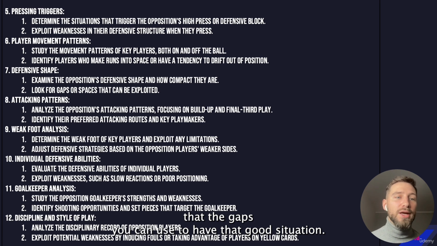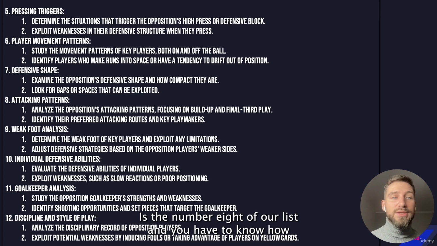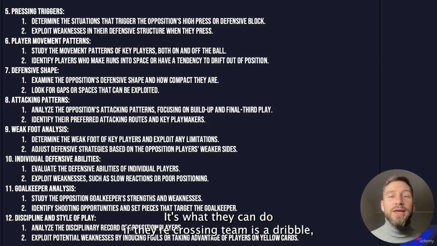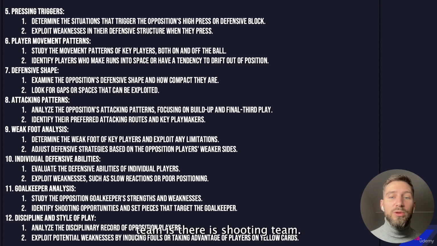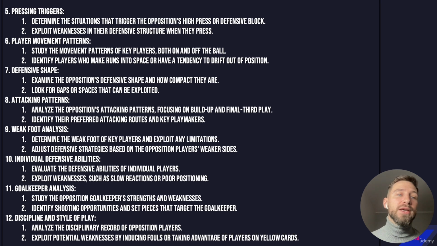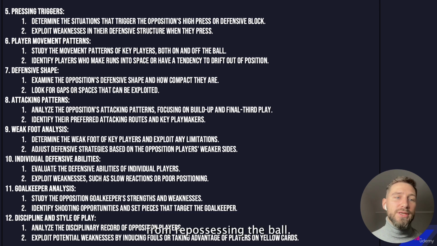the good situation. The attacking patterns of the opposition team is also very important. It's the number 8 of our list. And you have to know how they go in the final third, what they do in the final third. So what they can do. If they're a crossing team, a dribble team, a shooting team? There are many types of teams that you have to be ready for in implementing the trainings and also in the individual information analysis that can help you prevent this kind of attacking patterns and also have good transitions from repossessing the